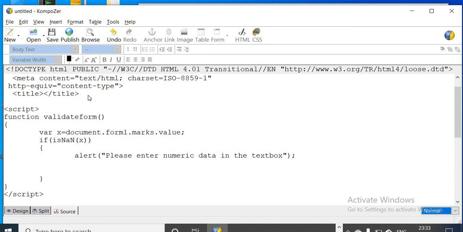Next line, we put the cursor in the marks text box. So for that we write document dot form1 dot marks dot focus method. That will bring the cursor to the marks text box, and then we write return false.